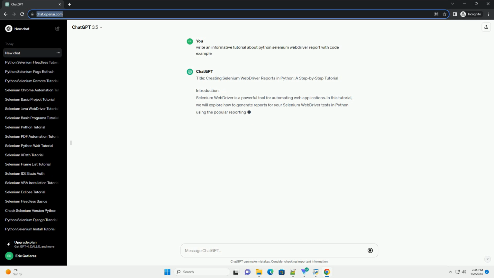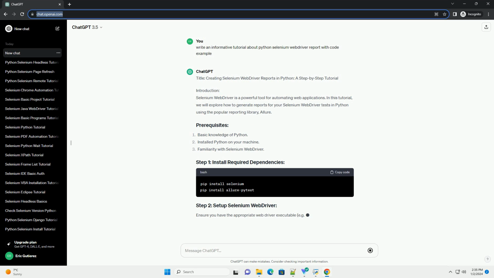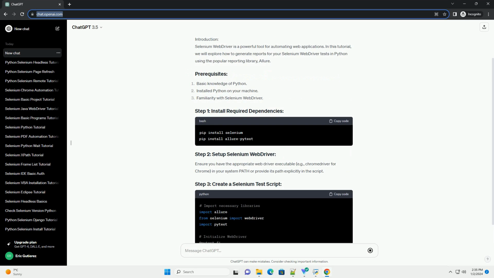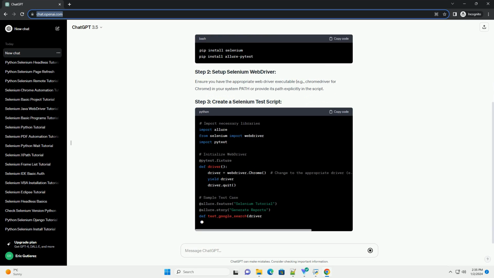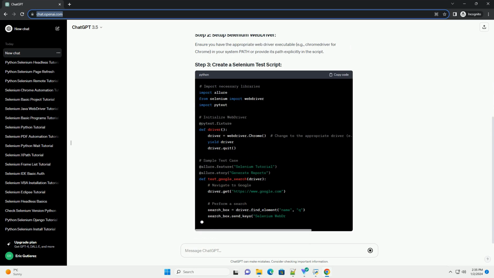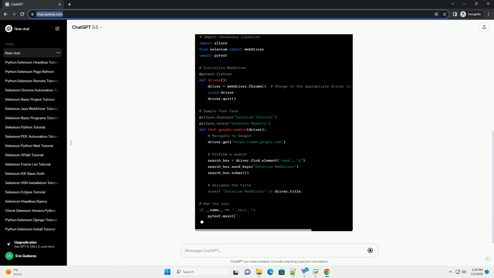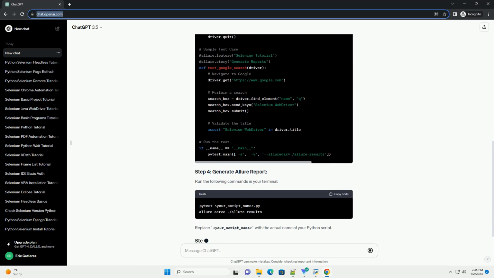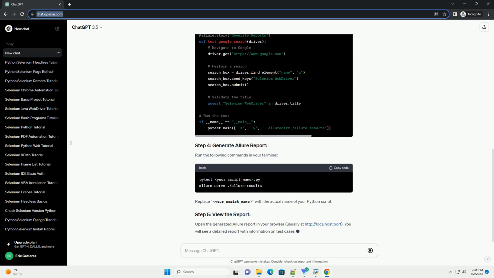Title: Creating Selenium WebDriver Reports in Python, a step-by-step tutorial. Introduction. Selenium WebDriver is a powerful tool for automating web applications. In this tutorial, we will explore how to generate reports for your Selenium WebDriver tests in Python using the popular